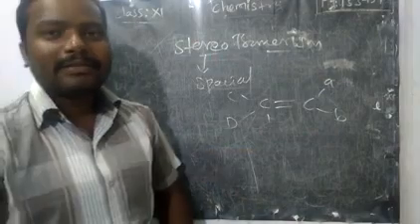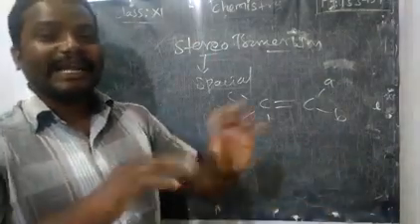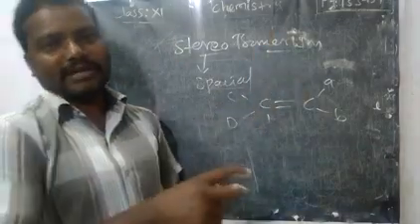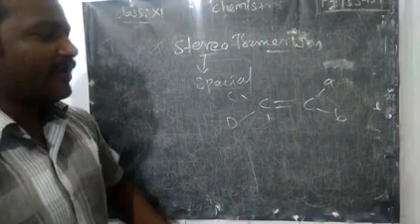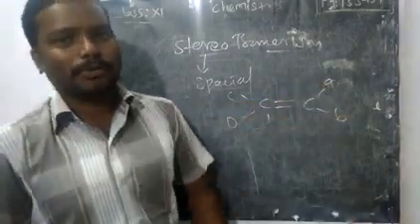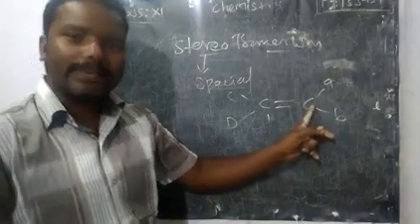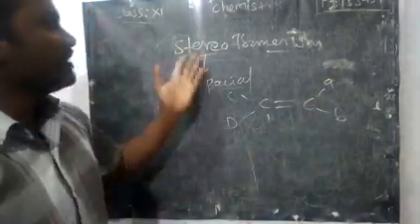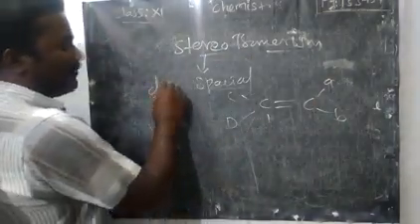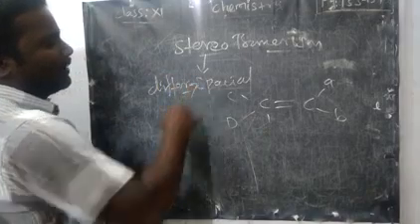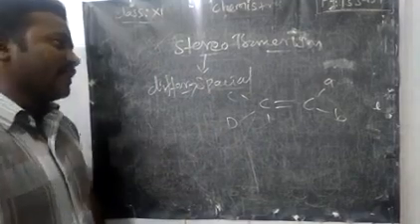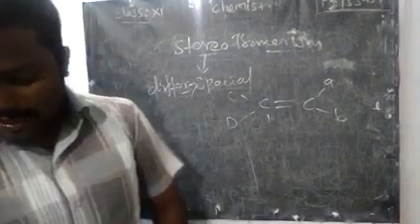But what happened? The spatial arrangement, or the three-dimensional structure, if you see the position of a particular group is made different, right? Simply, if I want to say A is present on the top, in the next isomer A may be present on the bottom, okay? But A is connected to this same carbon only. That kind of isomerism is called stereoisomerism. Same molecular formula, different spatial arrangement is called stereoisomerism. These isomers are called stereoisomers. This phenomenon is called stereoisomerism.